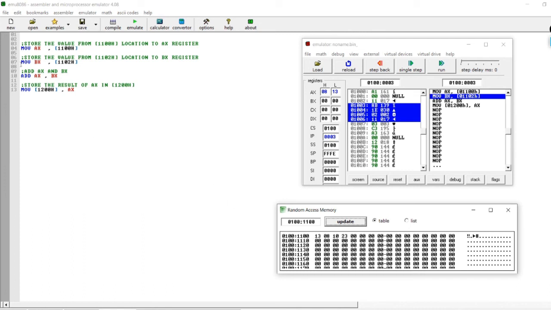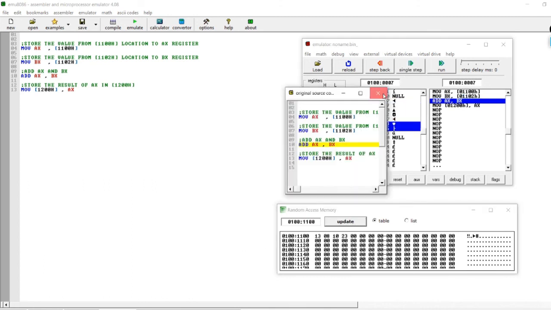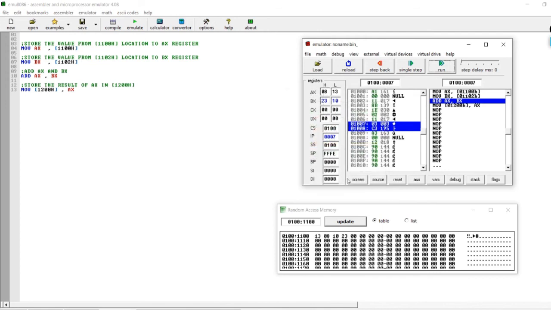So in the next instruction, when I want to store the value stored in this location into BX, this 1023 will get stored in our BX register. So I will run the single step, and we can see this number is stored in our BX register. The first 8 bits that we wrote are our lower 8 bits, and the last 8 bits we wrote are our higher 8 bits. So 10 is stored in BL and 23 is stored in BH. So we saw that by giving this instruction, the value stored in this location gets stored in our BX register.